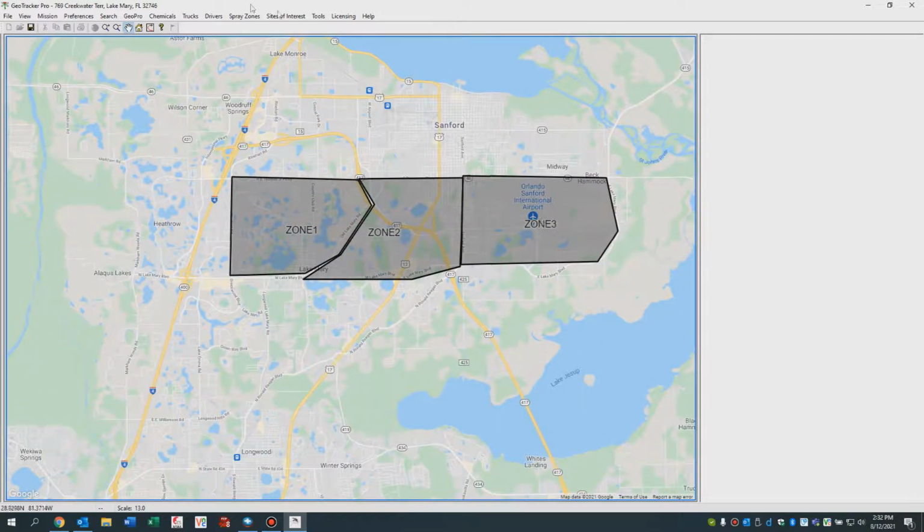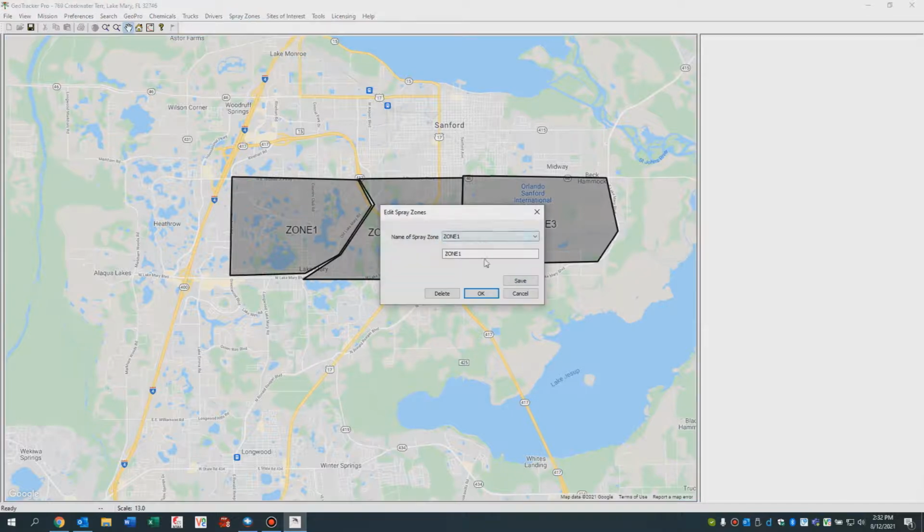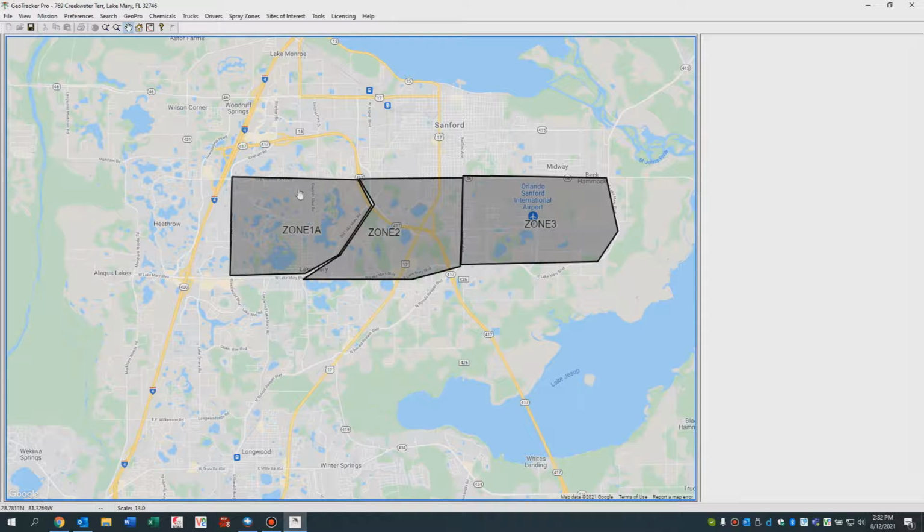Now, if we accidentally need to rename one of these, if we go to spray zones, go to draw on map and edit, and call Zone 1, maybe that's Zone 1A, and we have another Zone 1 that we'll draw later, you can do that. So all this does is it draws an arbitrary polygon on the map, and if you load up Monitor 4 and 4S missions, it's just a graphical thing,